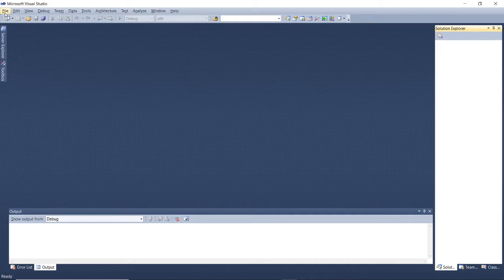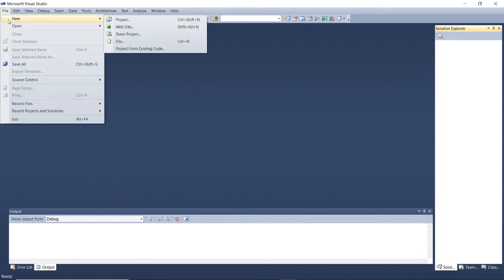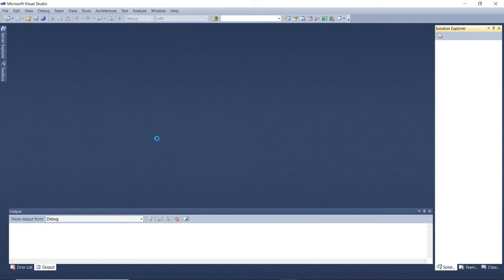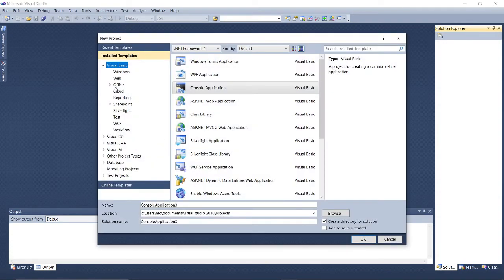But in Visual Studio, what will happen when I click on File, then New, then Project? On this pane you will get Visual Basic, Visual C#, Visual C++, Visual F# and all these. Basically, what is .NET technology? All these languages come under one roof, although the compilers are different for each language. Now in Visual Basic you can create these applications, and there is one very simple type called console application.